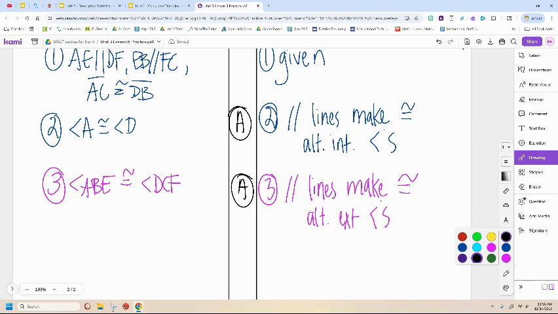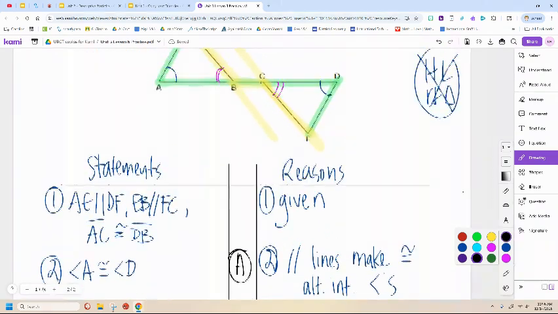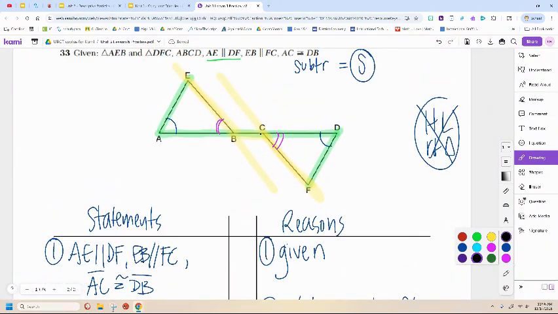Can I say the triangles are congruent yet? No, you need 3. I need a third thing. Right now in my proof, this is the problem with highlighters, because highlighters make everything crazy on your paper. This is sometimes why I favor colored pencils. So the problem is right now we have